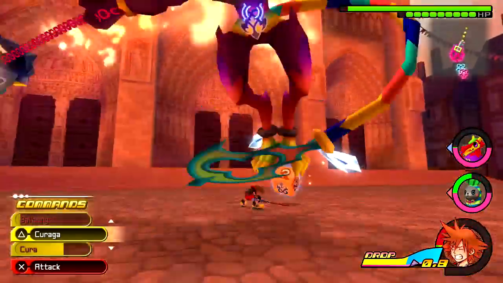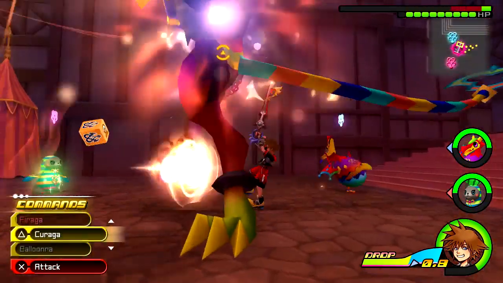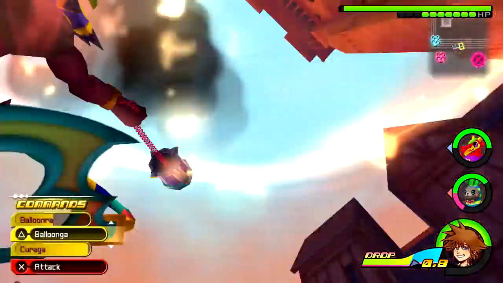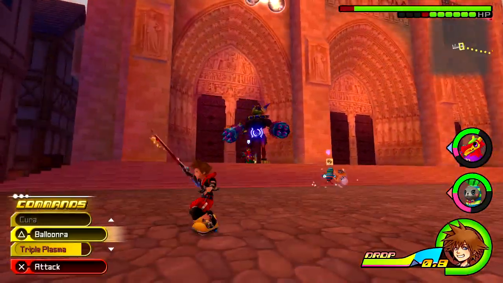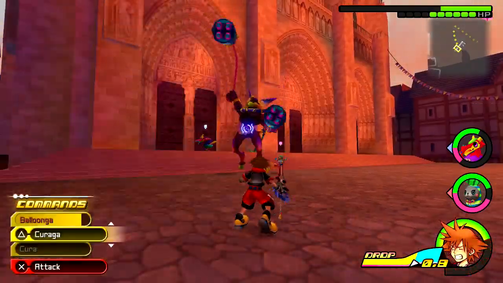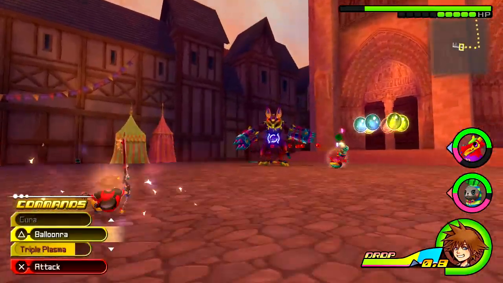But I will say that, despite the nightmare, because we now have Balloonra, Balloonga, and also we have some really quite delightful link attacks that aren't based on me having to manoeuvre my characters to actually hit the damn thing, it's going to stand me much better stead for taking him down. Also, I just generally have more healing moves and better healing moves, so that does make this a lot more